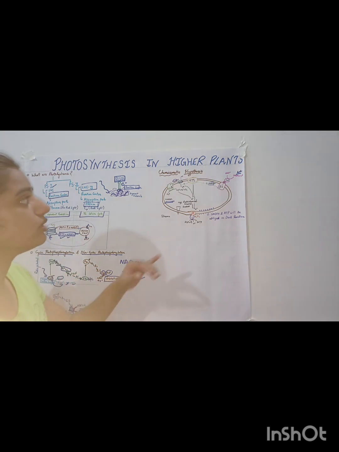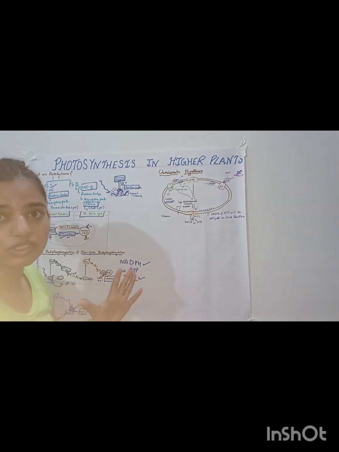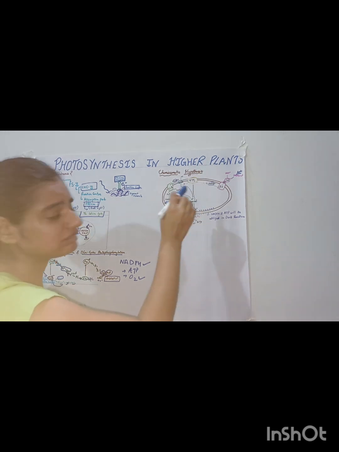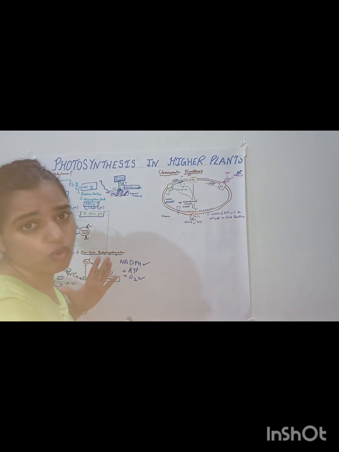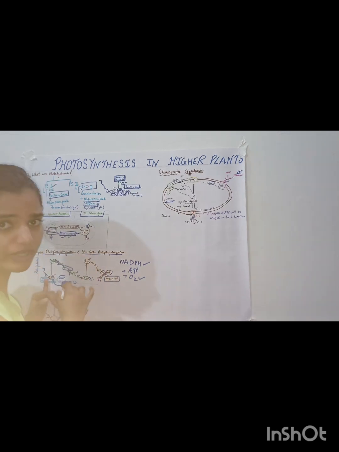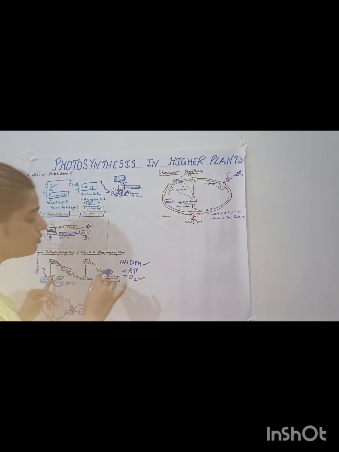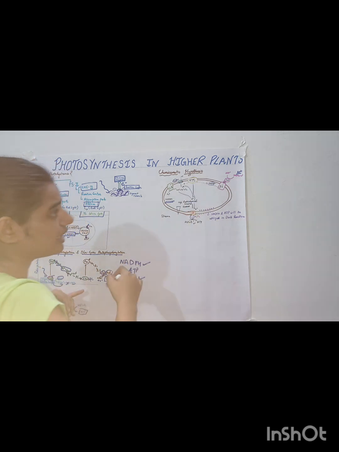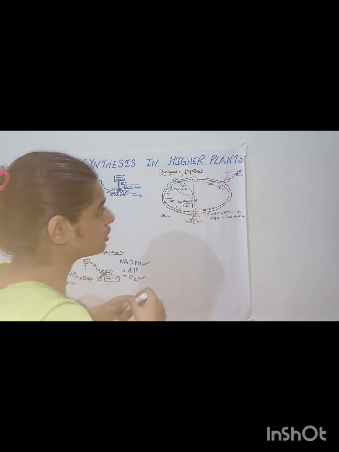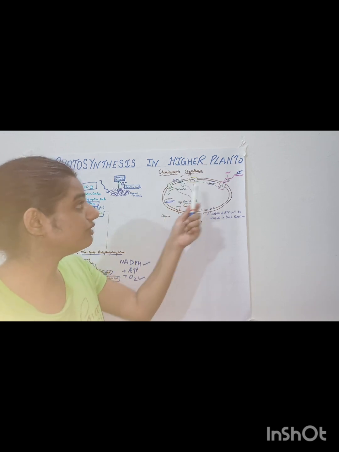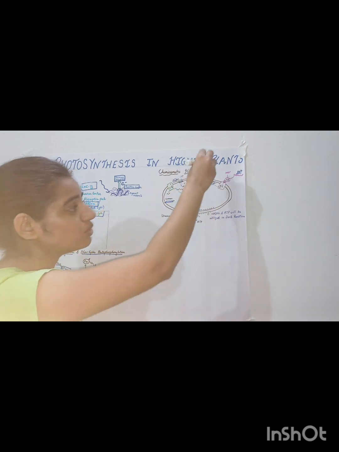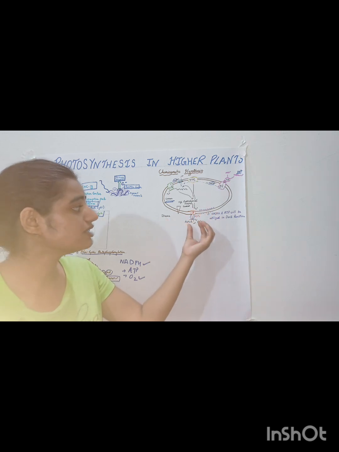Now we will learn the chemiosmotic hypothesis. How is the production of ATP actually occurring? Why are we focusing on the transfer of electrons from one molecule from photosystem 1 to photosystem 2, and then the transfer of the electrons to the FNR for the production of NADPH? The most important process we are reading about is the synthesis of ATP and how these processes are involved in the synthesis of